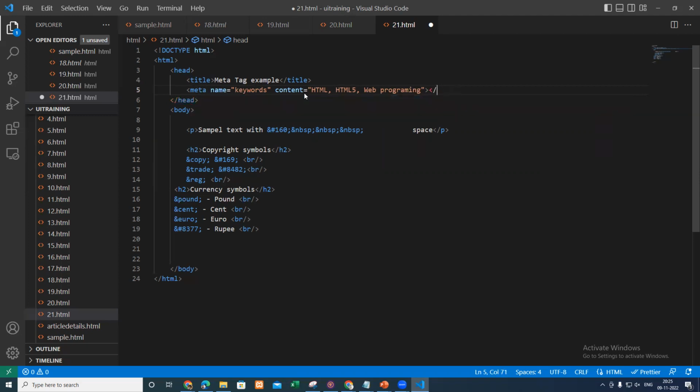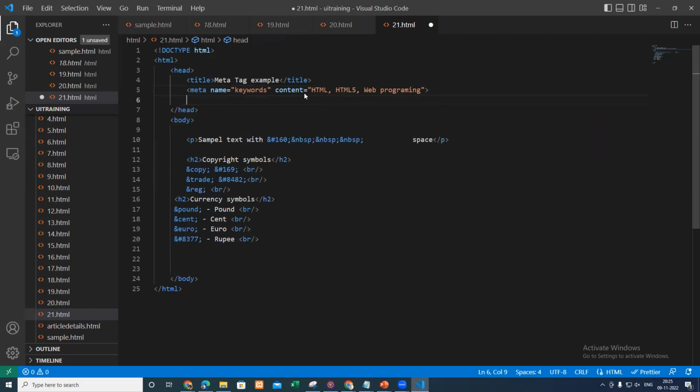So there is no close tag for this one because there is no content. We cannot display any content inside a meta tag, right? So this is useful for search engines. The next one is the meta name equal to description. So then content equal to